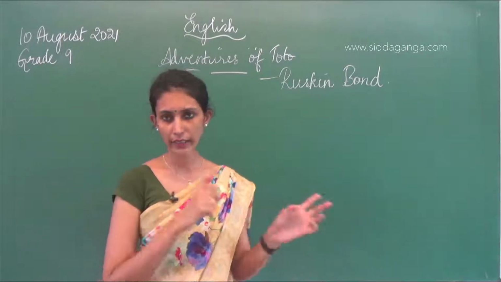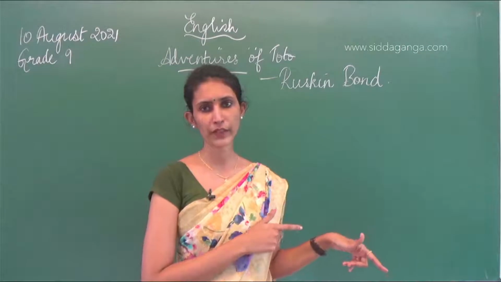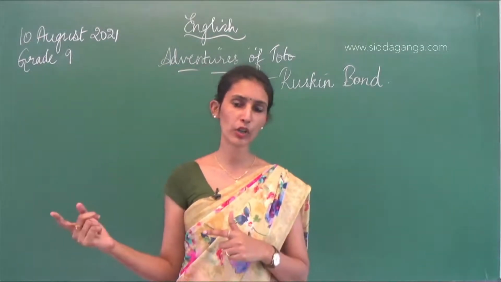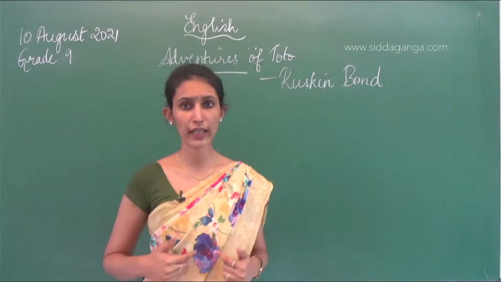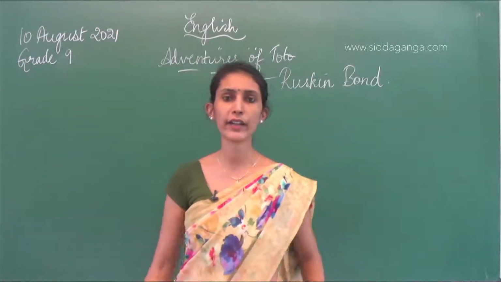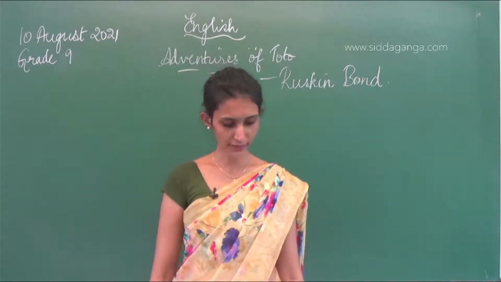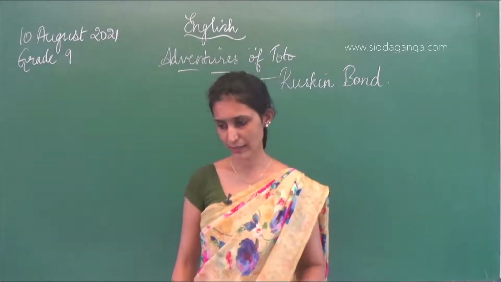And the grandfather realizes that he brought Toto and it created a lot of disturbance. So he goes back to the Tonga driver. The grandfather had brought Toto for 5 rupees. But once he gives him back to the Tonga driver, he takes him for only 3 rupees. So fine, we are done with the lesson.